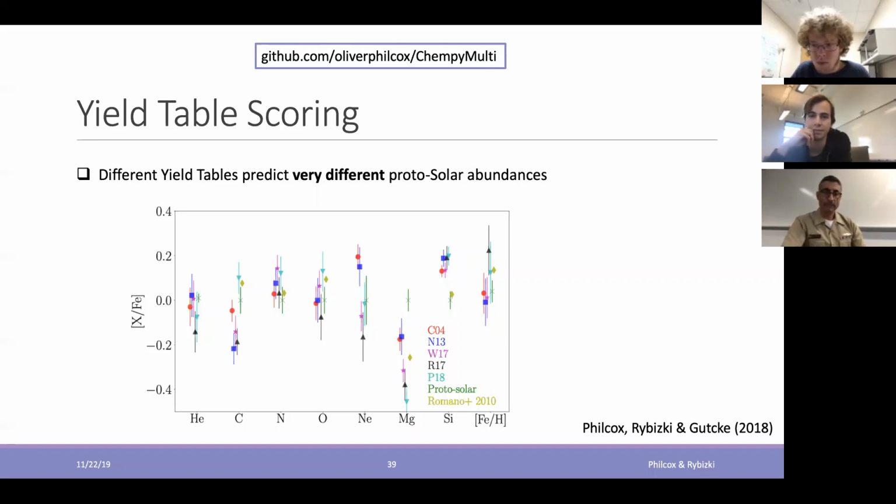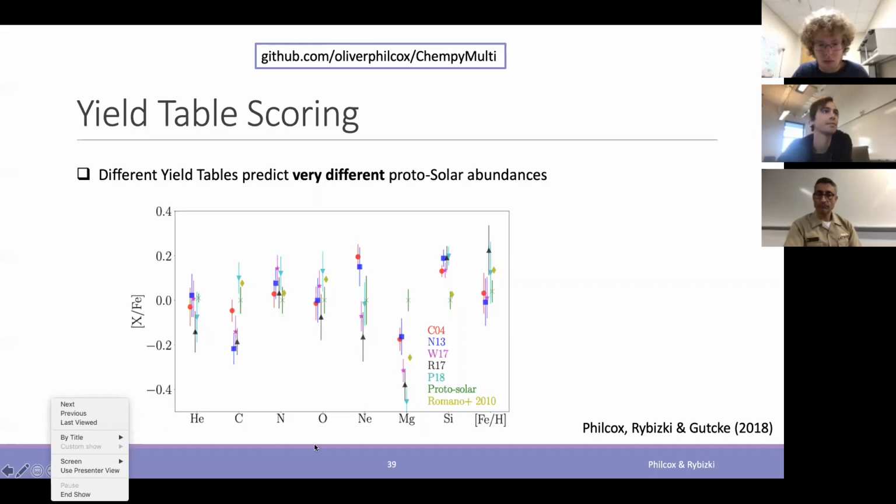It was double degenerate versus single degenerate, and there are different yield sets. So yeah, that should run. Also neutron star mergers. We didn't include the r-process so far, but that should also be possible.